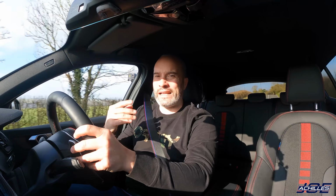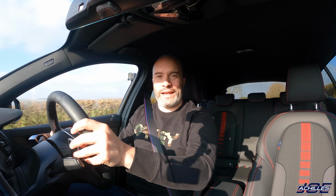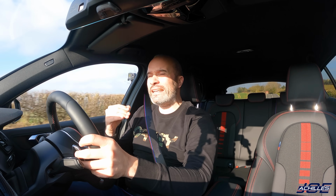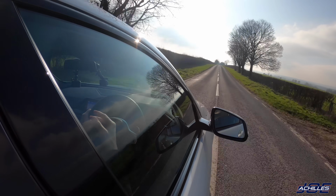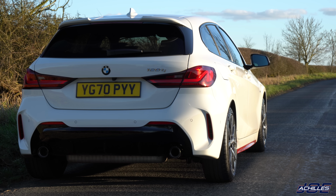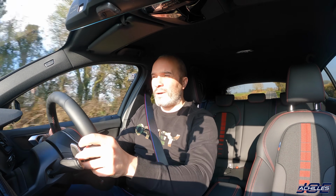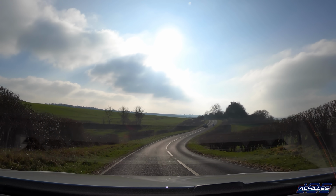But once this is rolling, let's say over 20-25 miles an hour, it feels every bit as quick as an M135i to me, and in gear it might even feel a little bit quicker. And there's two reasons for that. One is because it's 80 kilos lighter, as we talked about on the outside, but the other is the lack of drivetrain loss. In an M135i X-Drive, it's initially sending power to the front wheels, but does end up sending it around the car, whereas in this 128ti, well, it all goes through the front wheels,